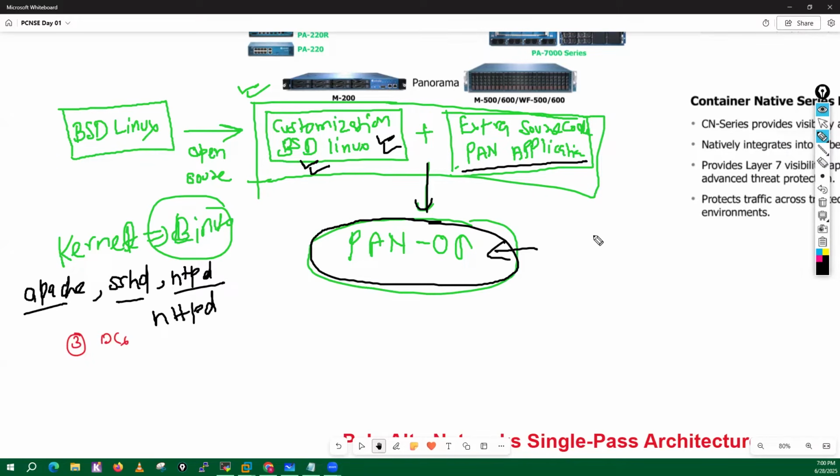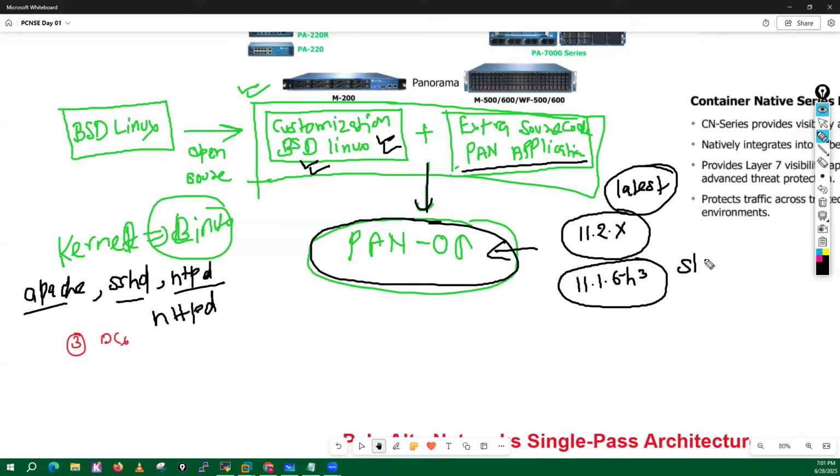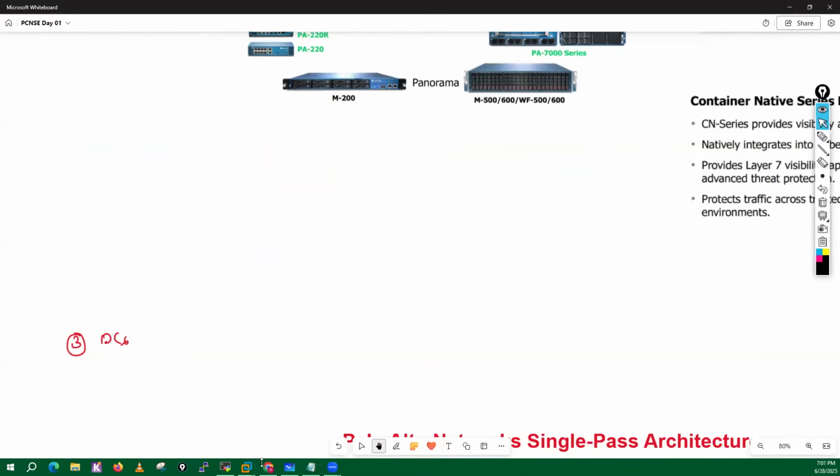The latest Palo Alto operating system is 11.2.x. X means anything: 11.2.1, 11.2.2, 11.2.3, anything. This is the latest version of the Palo Alto operating system. But in our practicals, we will use 11.1.6-H3. Why will we use this version? Because this is the most stable and preferred version, even though on my firewall currently,